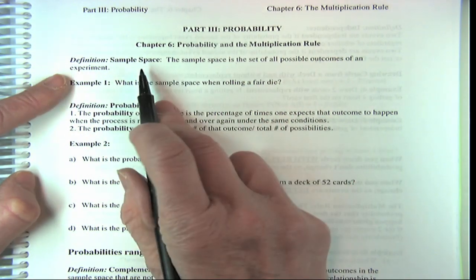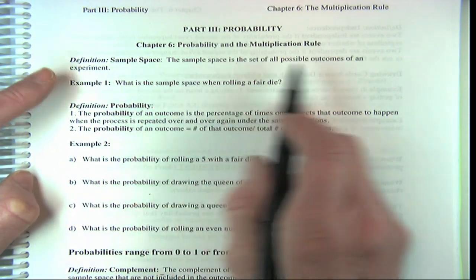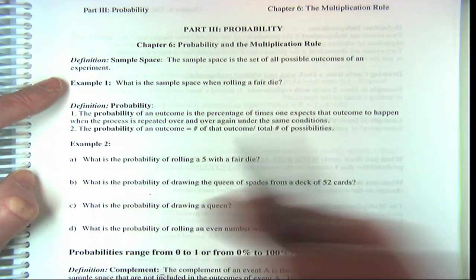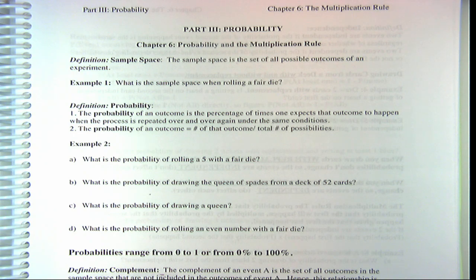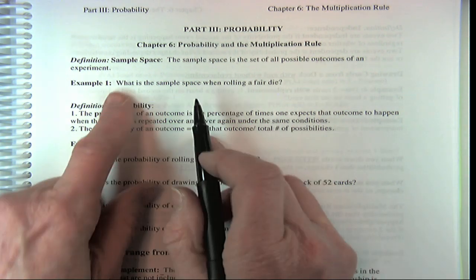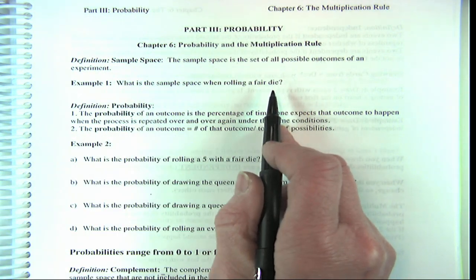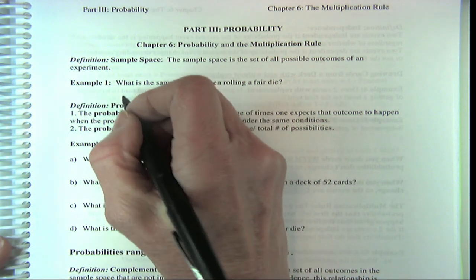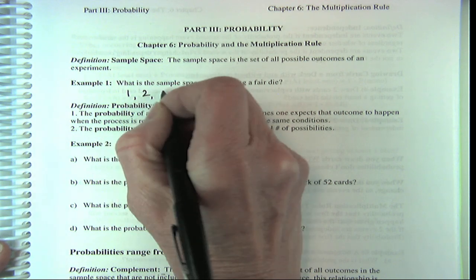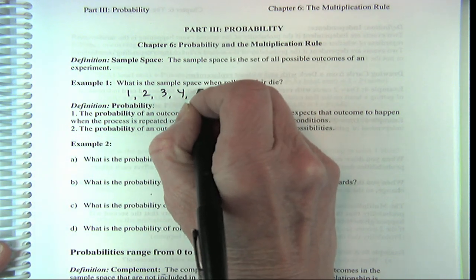We're going to start off with this definition of a sample space, and that's the set of all possible outcomes of some experiment. So for example, what would be the sample space when you roll a die? It's all possible outcomes. Well, you could just get a 1 spot, 2 spots, 3 spots, 4 spots, 5 spots,